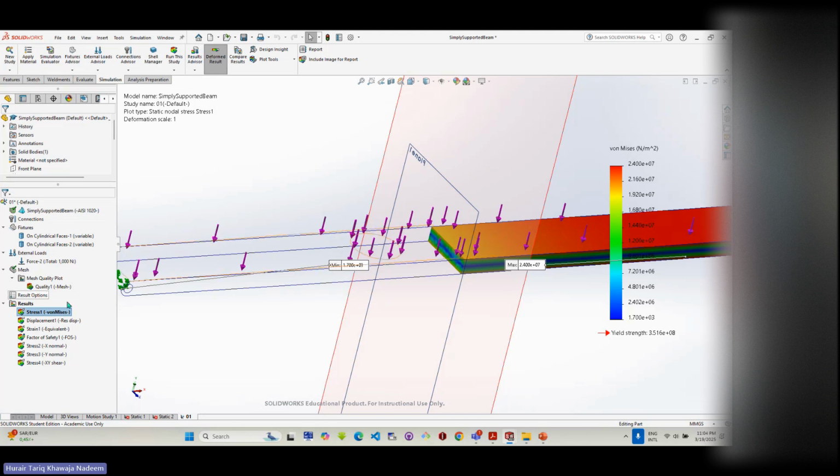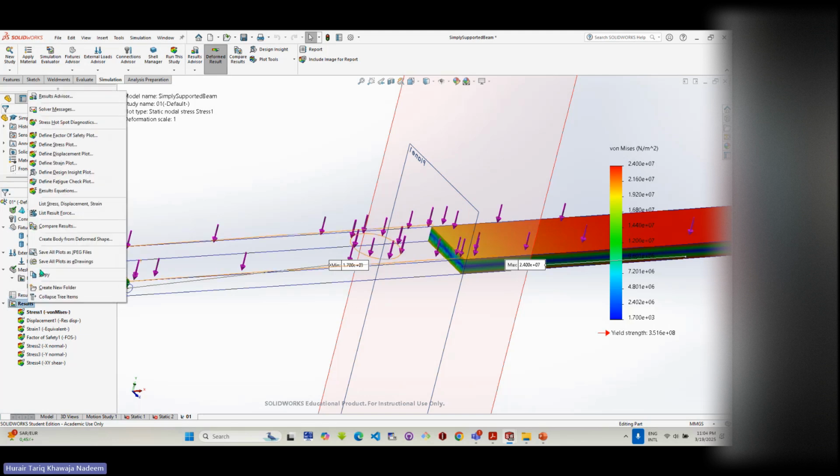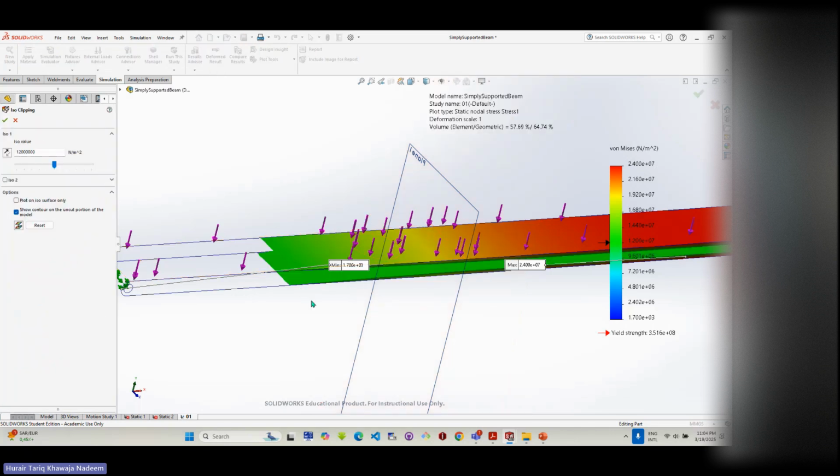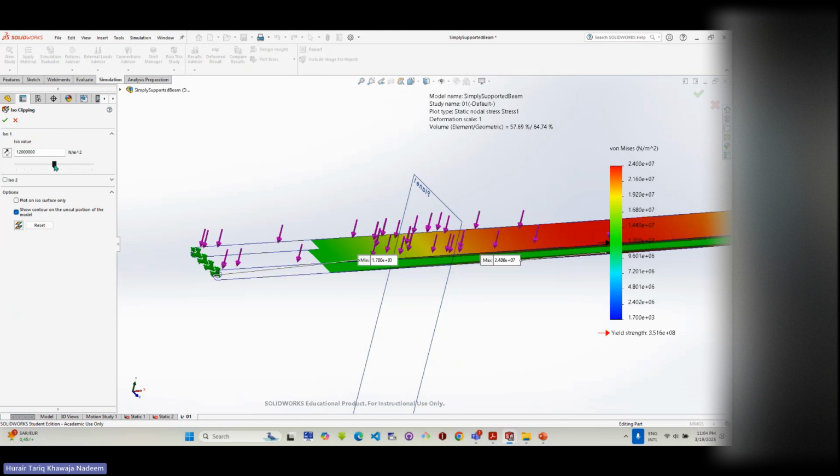So just use these ones, use probes. And there are so many things to mesh selection. And this is also an important thing: section clipping. Okay, ISO clipping. This one, ISO clipping. Now, ISO clipping is something which is going to give you, okay, look at this line,